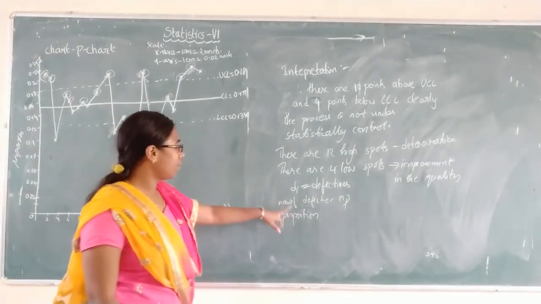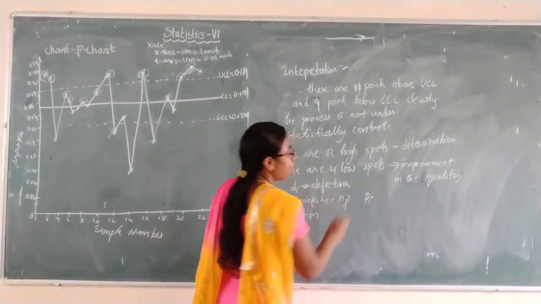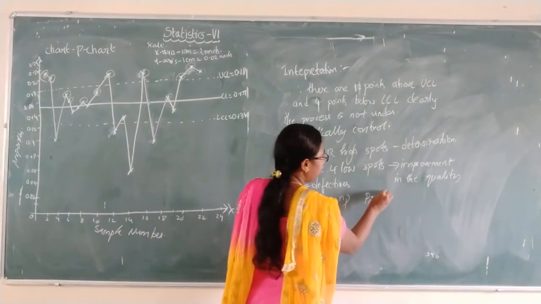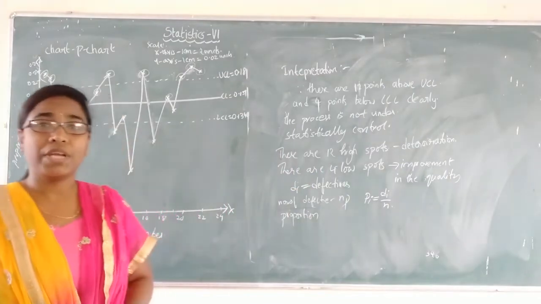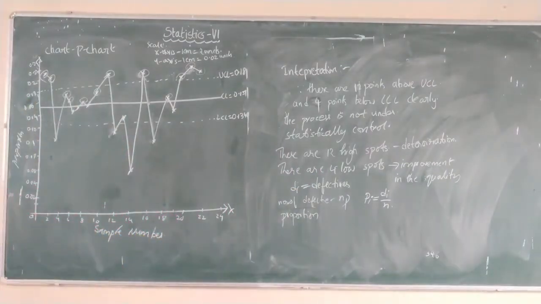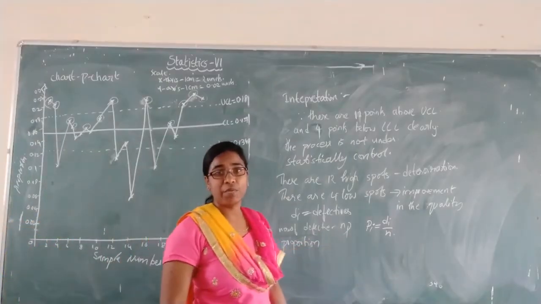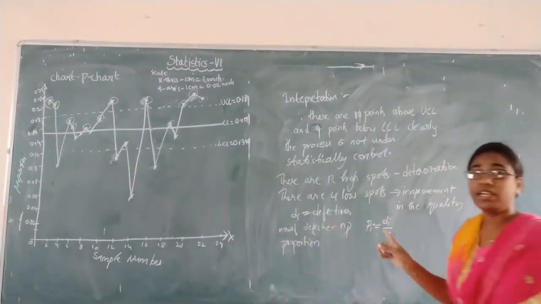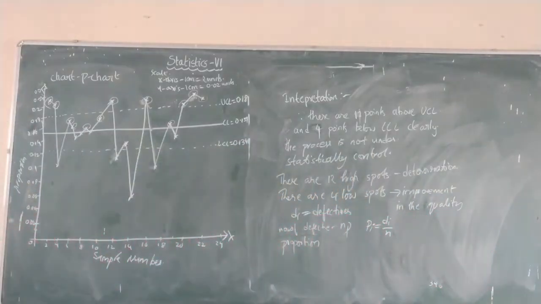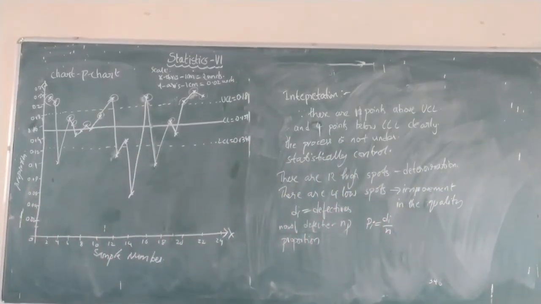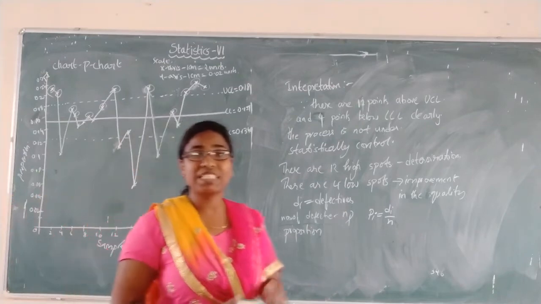Next, only your DI values will be given in the question. For those values, you will be finding the PI values by using the formula PI equals DI by N. So this is the P chart. So you will find PI values, that is DI by N. N means the sample size. Here the sample size is constant, that is sample size is given 2000, right? The sample size is constant, so for all the DI values you will be dividing with 2000 only. So that is a fixed sample case.